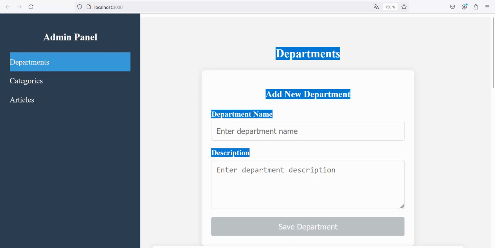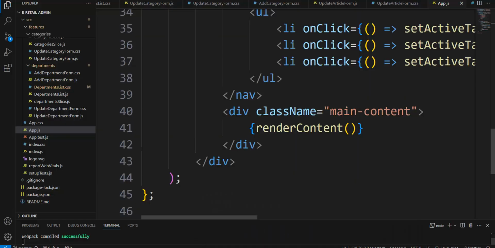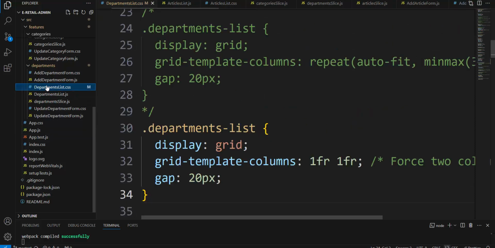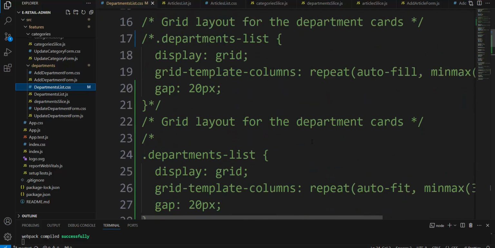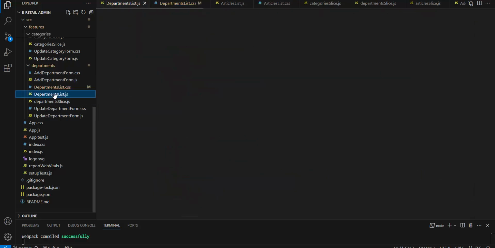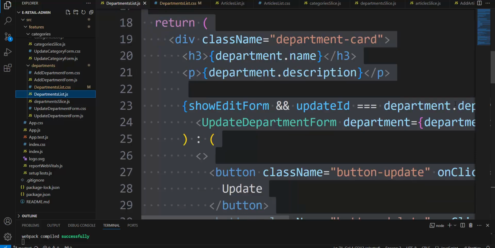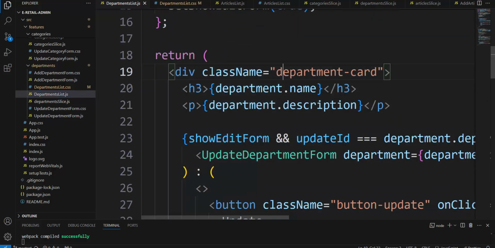And here it is visible. For departments, there is departments list CSS, departments list CSS, and the department list JS must be for creating all the department